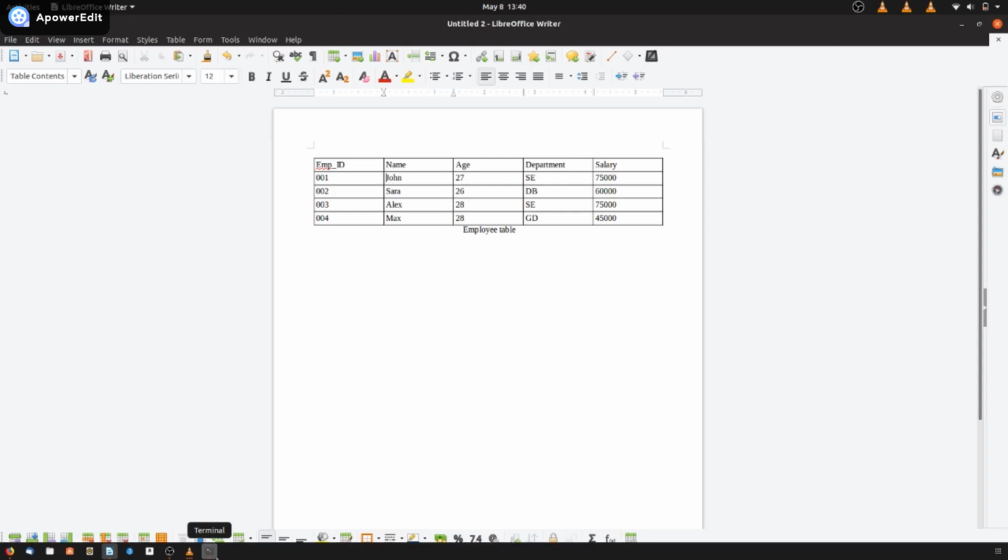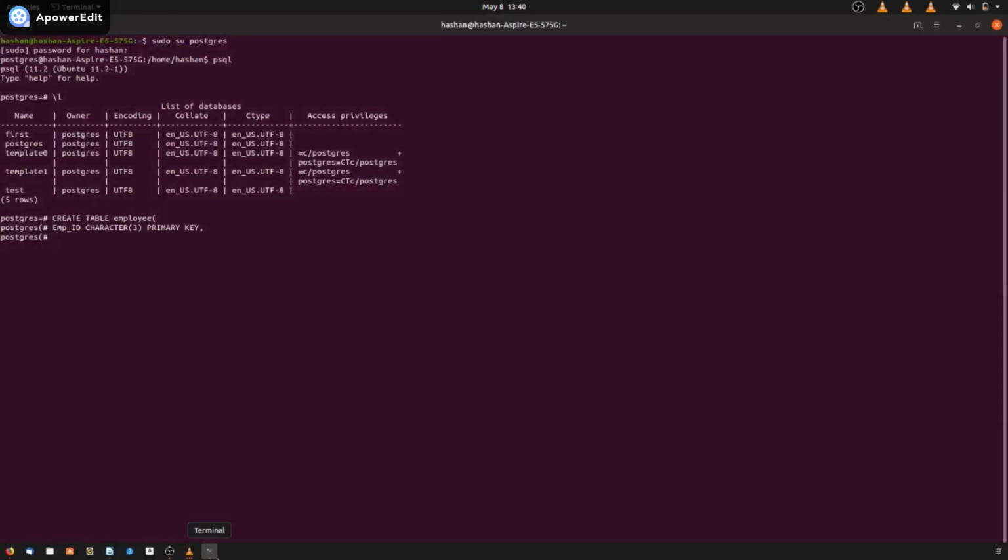So let's name this column name, and the data type is varchar, and here I can mention a size, let's say 50, right? And no constraints available on this column. Because of that I just put a comma,